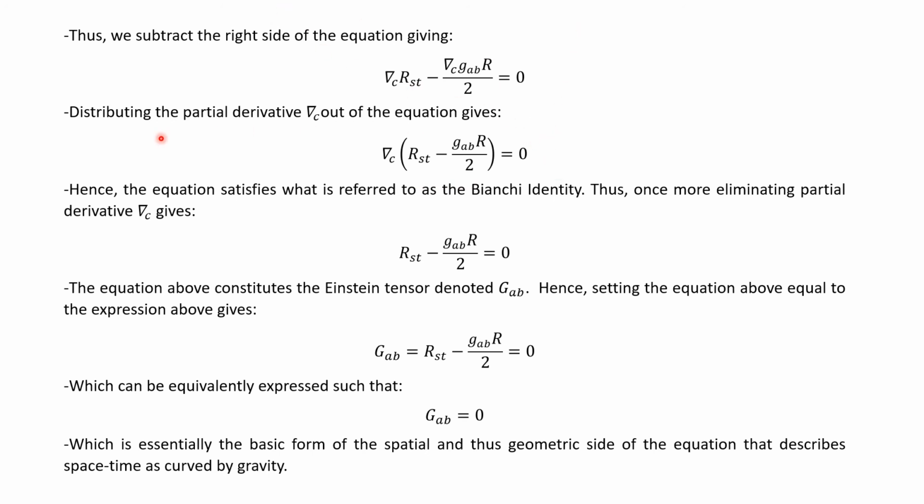You see these two expressions. Hence, the equation satisfies what is referred to as the Bianchi identity. Thus, once more eliminating partial derivative delta c gives, as we see here, and feel free to look up the Bianchi identity. The equation above constitutes the Einstein tensor, denoted this. Hence, setting the equation above equal to the Einstein tensor, this notation gives the expression here,